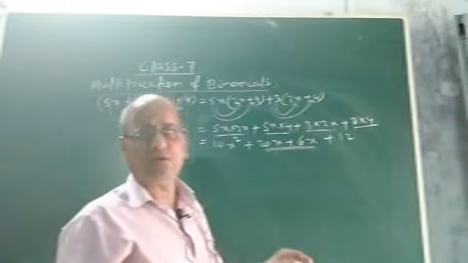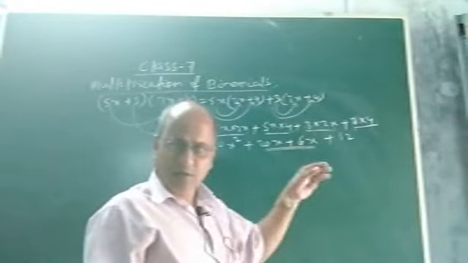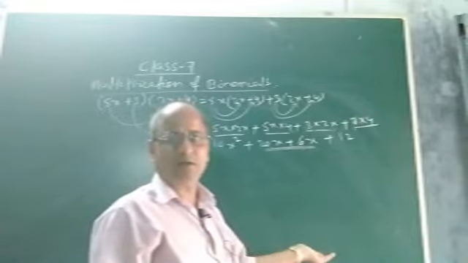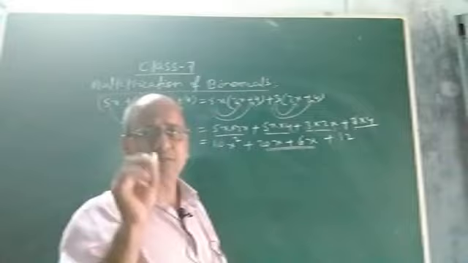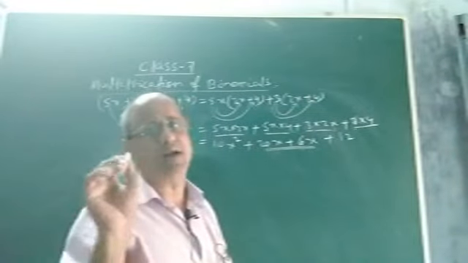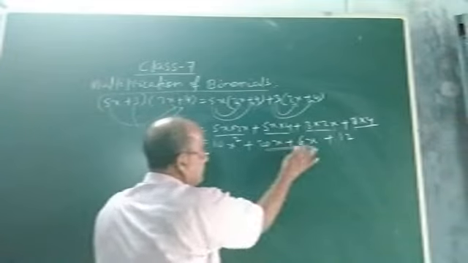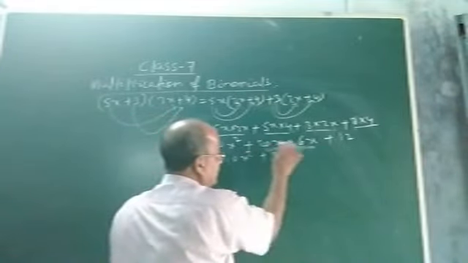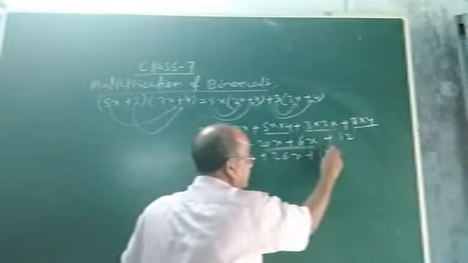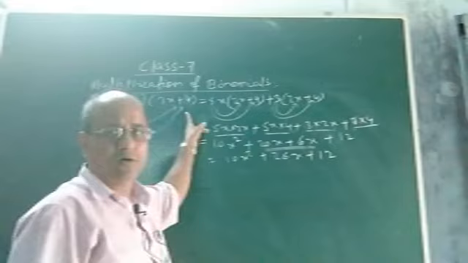algebraic expression while doing simplification, if you find like terms, then if there is addition you add, if there is subtraction you subtract, multiplication multiply, like this, because like terms only are added, subtracted, multiplied and divided, not the unlike terms. So you add these two, 20x plus 6x, it will become how much? 26x. 20 plus 6 is 26x plus 12. So this will be the final product of these two binomials.